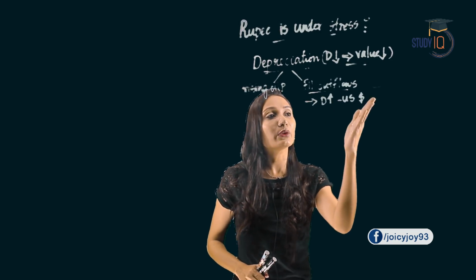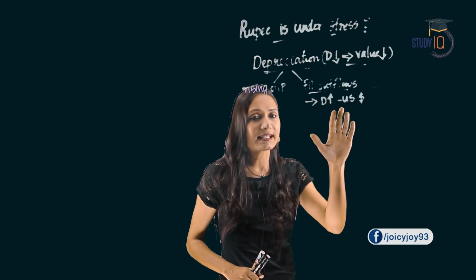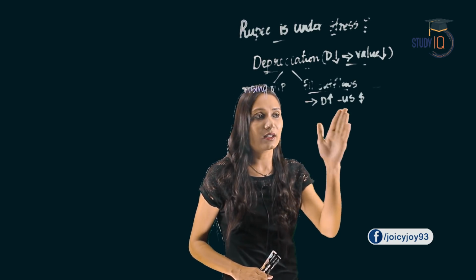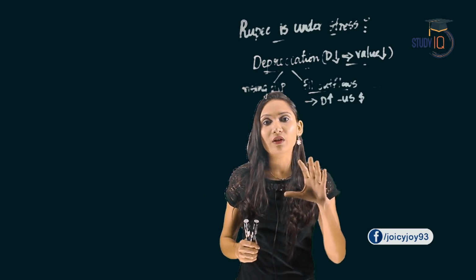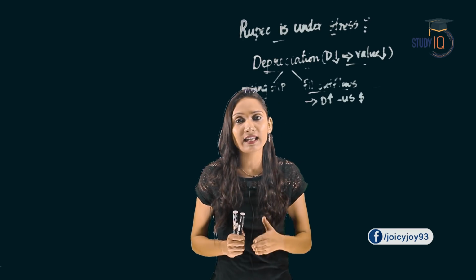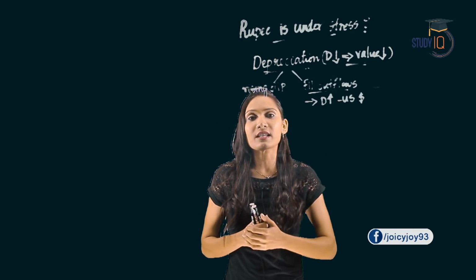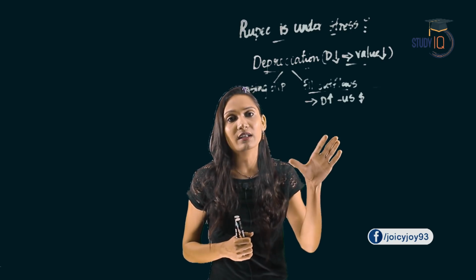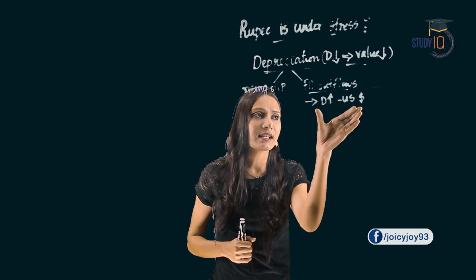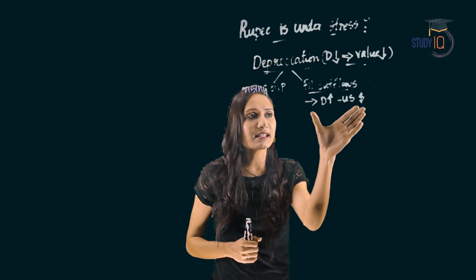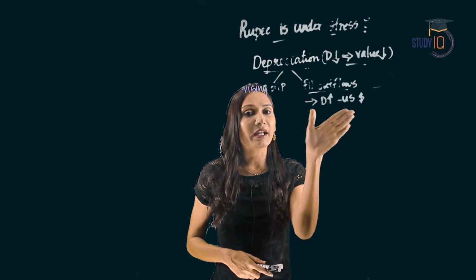When the demand for the US dollar increases, what will happen? This will lead to an increase in the value of the US dollar and there will be a shortage of supply as well. When the aggregate demand is more than the aggregate supply, there will be a shortage. So there is a shortage of this particular currency and this shortage has led to an increase in the value of the US dollar.